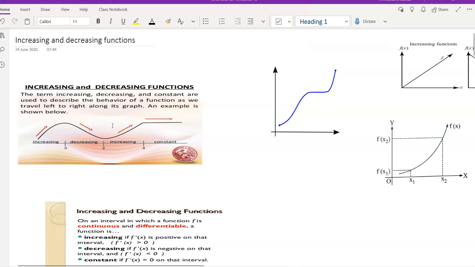Now, doesn't it seem that when the graph is parallel to the x-axis, it is going to be constant? Of course, because dy by dx equal to 0 is true for a curve where y is equal to a constant. This is a line parallel to the x-axis, so it will be a constant function there. From 2 to 4 it is increasing, from 0 to 2 it is decreasing.